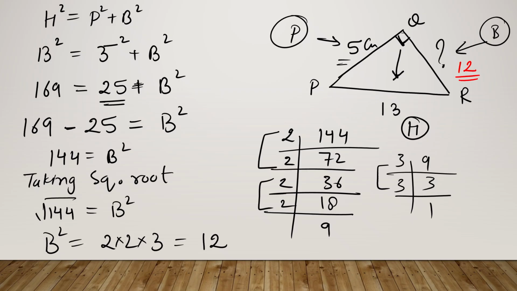Hope you understand that. Now let us take another example in which the other side is missing. Like this, there is a right angle triangle, and as we can see in the previous one, the smaller value was given. Now let us consider some big values, and then we will try to solve them out. Like if it was 12 and if it was 13, then we will have to find out this side. And I'm taking the same example so that we can confirm that it will be the same value while we